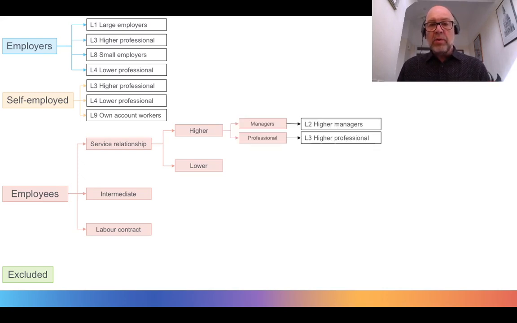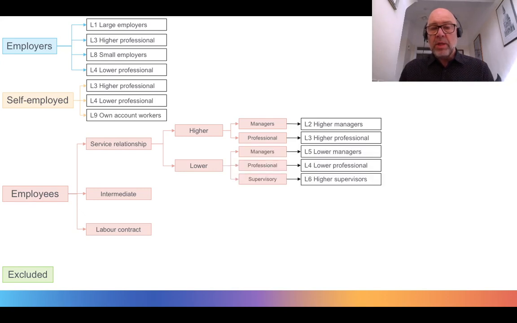Now, let's see how these then work through to the operational categories for the NSSEC. So the service relationship, we'll split that between higher and lower, or a full service relationship and a more attenuated form of it. And you can see for managers, higher managerial occupations goes to L2, professionals as before to L3, and for more attenuated service relationships,